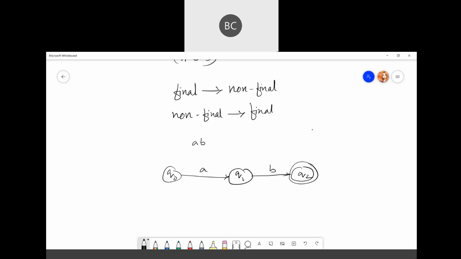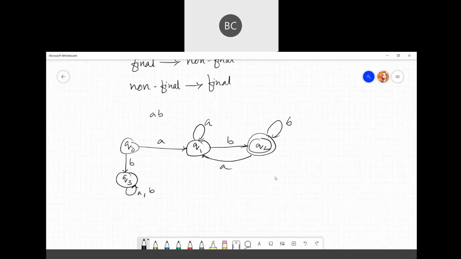Anything starting with B will not be accepted, so I'll put it in that state. Now anything from here, again it's the same thing. It will start with A and B. Then here I can give a self loop, so any number of B's will be okay. And I can put a loop here. So it will again start with A and end with B. So this is the DFA